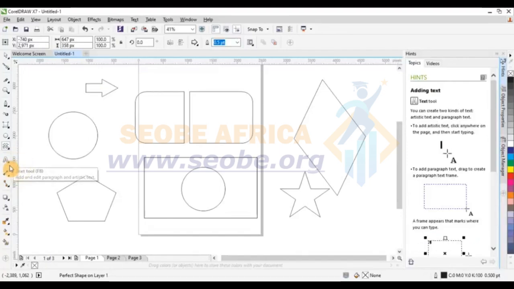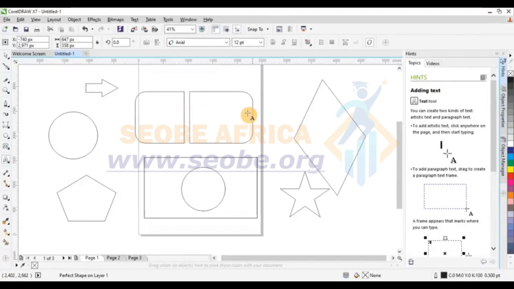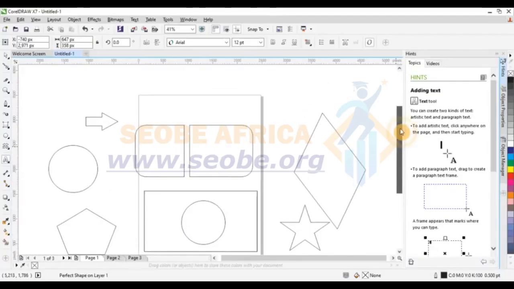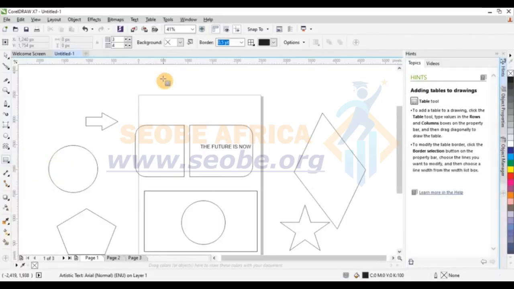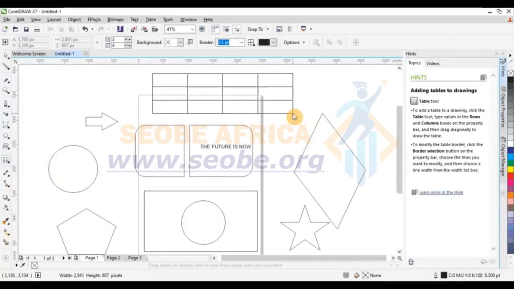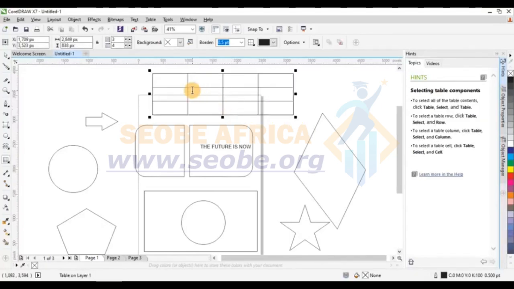With the text tool, you can type on your design. So I can actually type with this feature. Okay, so that was all for the text tool. And under the text tool, we also have the table. Once you click on the table, you can draw a table for yourself,